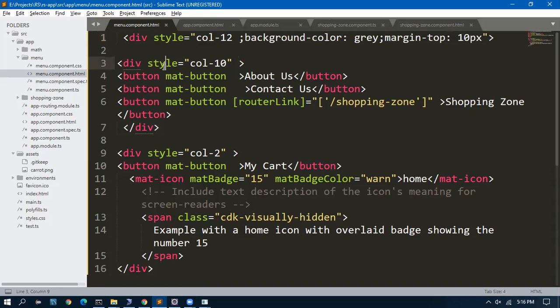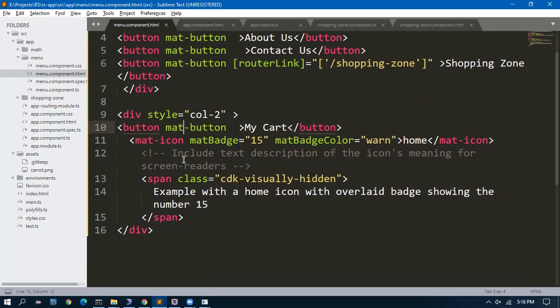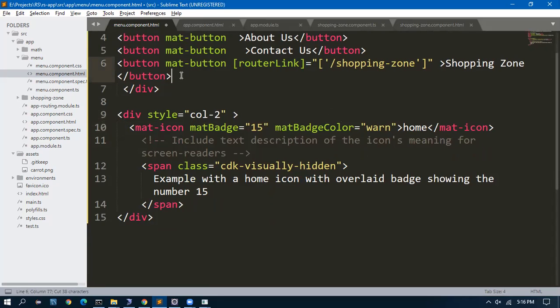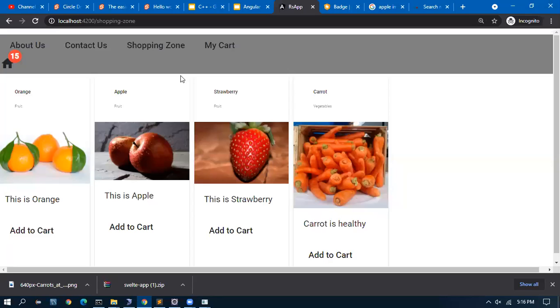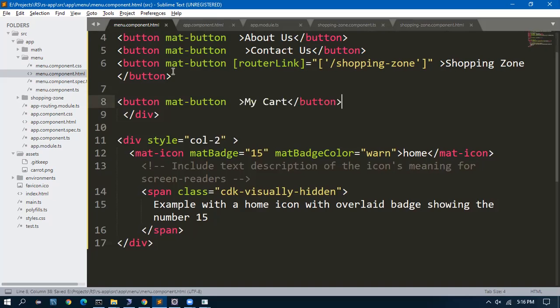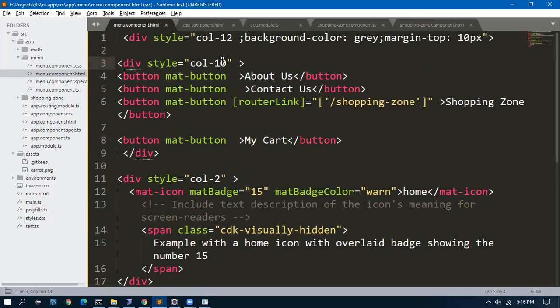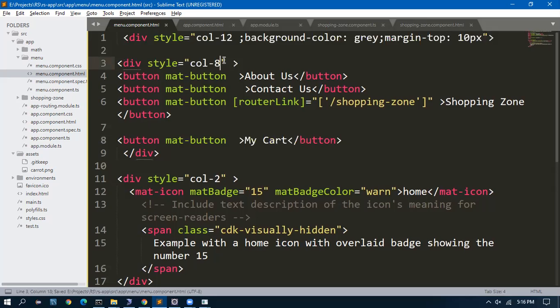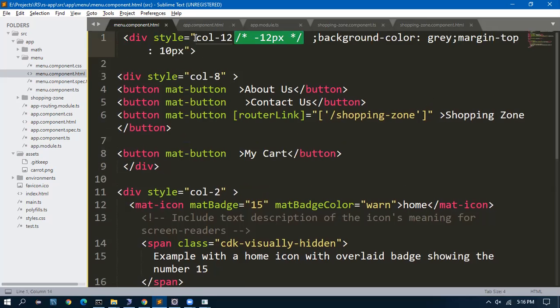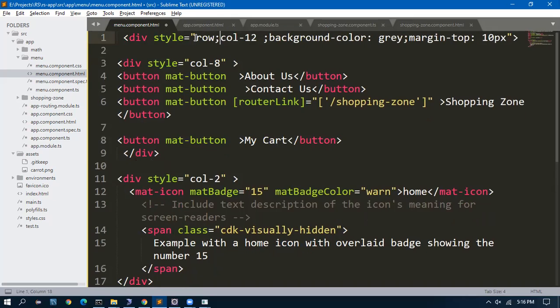Col 2, my car. I want to push it here. Okay. I go 8. Style equal to a row.